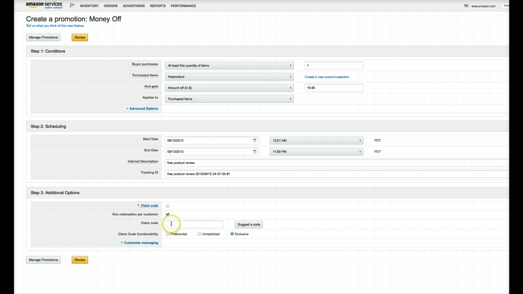So just click that. You then have to have an 8 character code, and it can't be less, can't be more. So what I suggest is, let's say for this we'll call it FREEPROD, free prod. Claim code combinability. Don't worry too much about this, just leave it at exclusive. So what it's saying is that if they go on, they buy one of these, it has to be this product, they get this much off, they have to buy it during this period of time, this is what they will get. So it can't be used in conjunction with any other offer,